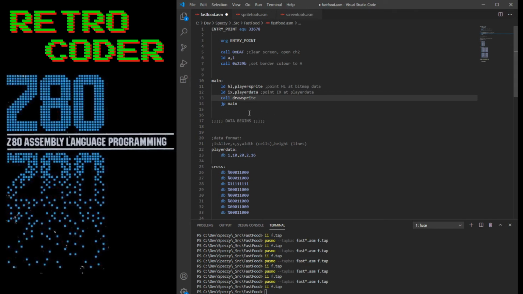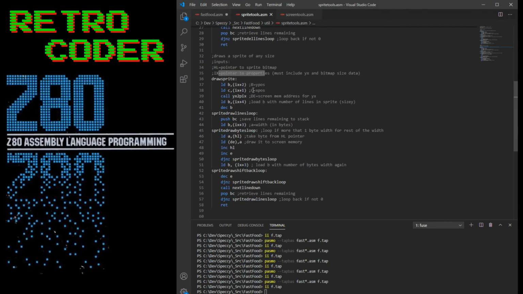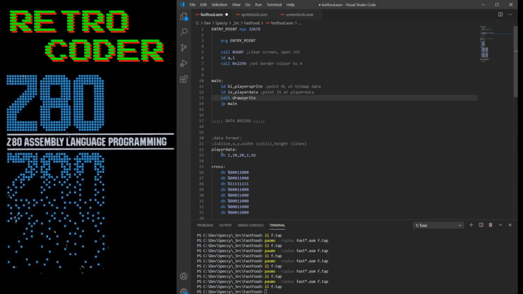So every frame now we're telling it HL's that, and I set IX is that, and then we're asking it to draw the sprite. And a naive person, having studied the code here, would think, okay, it takes the YX, so all I've got to do is change YX and it will draw it somewhere else. But you'll find there is a problem with that, which you'll see in a sec, because we'll draw it,